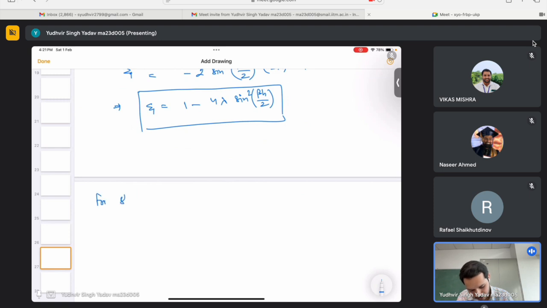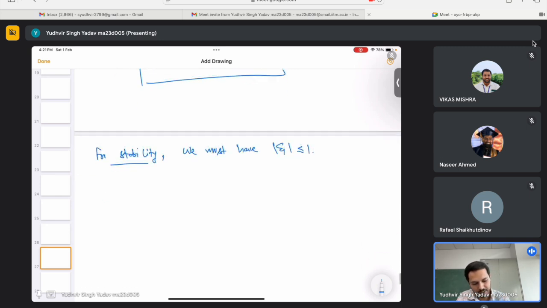So for stability, we know that we must have modulus of xi less than or equal to 1. So we will try to satisfy this condition. So we will take modulus of xi less than or equal to 1. So modulus of xi less than or equal to 1 will imply